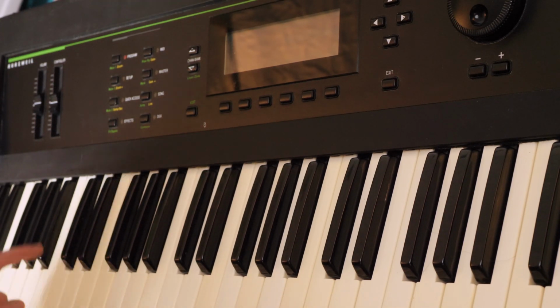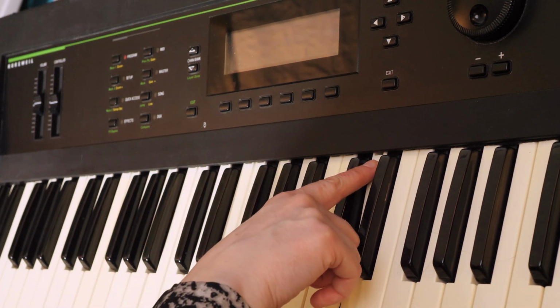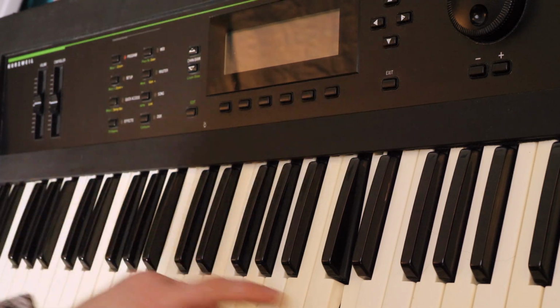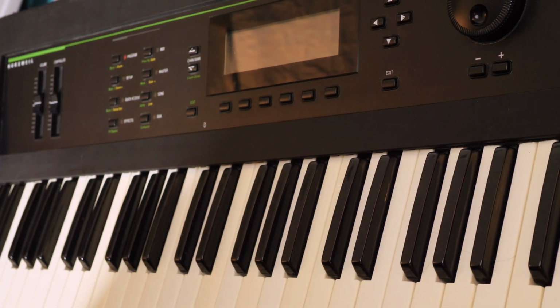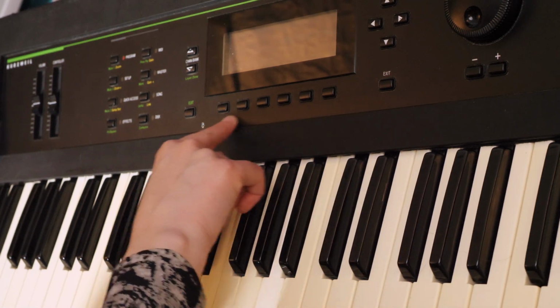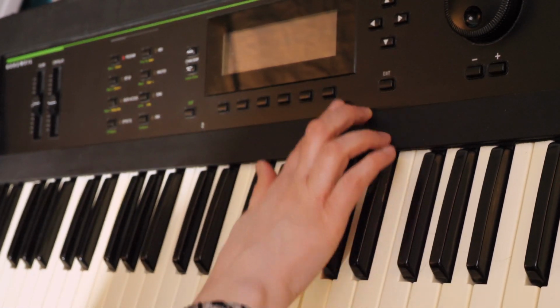You can see the felt didn't get quite pulled up enough here. So I'm gonna see, you can see a little bit of it here if I can pull it up so you can kind of see that, because otherwise it's gonna stay that way until the next time this gets opened up. One thing I didn't really do is these keys, I didn't want to fix them because it was gonna be too much work, but